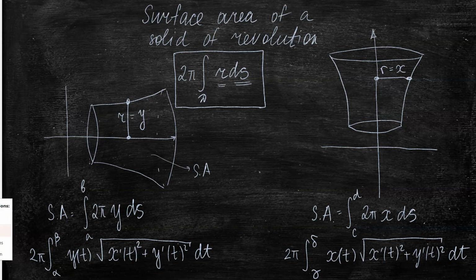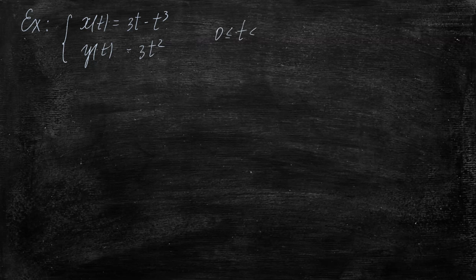So let's do an example. Let's, for example, find the surface area of a solid obtained by rotating this parametric curve around the x-axis on the interval like this. So we're rotating